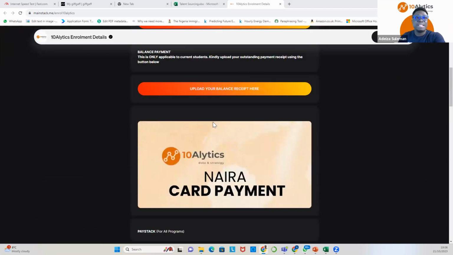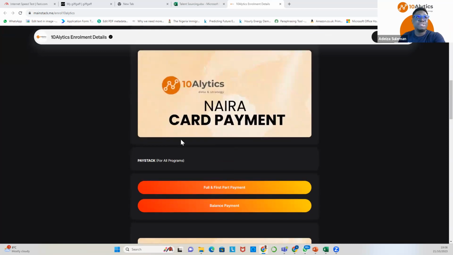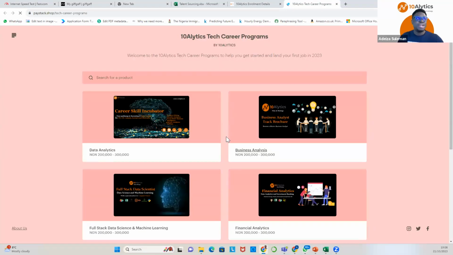And if you want to make payments in Naira, for example, all you have to do is use the Paystack option. We also advise that for those in Ghana, just like Sheila and the other fantastic Ghanaians that have been a part of our program, make payments using the Paystack option. Click on this link and it takes you to Paystack. And then you can select the HR analytics program and then you make payments.